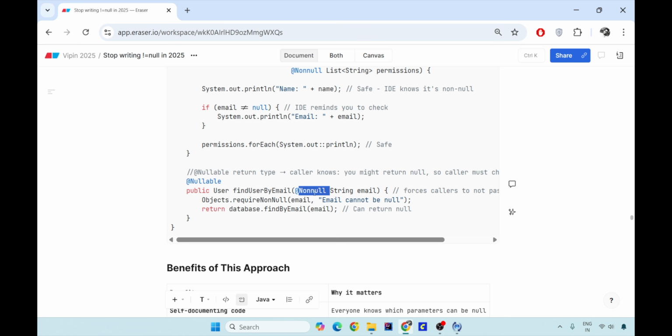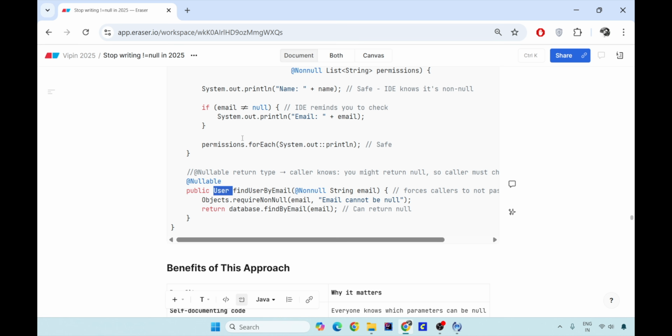If you mark the method output or return type as @Nullable, this says that whoever calls findUserByEmail might get back an empty user. Then @Nullable will force you, whenever you call findUserByEmail, to check whether the user is not null like this.